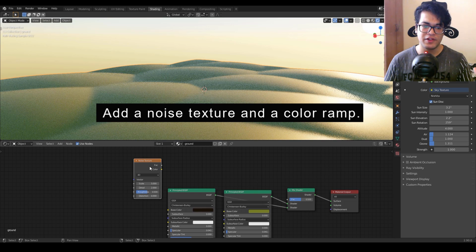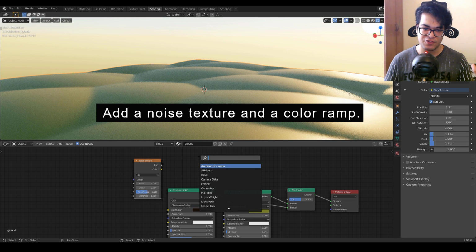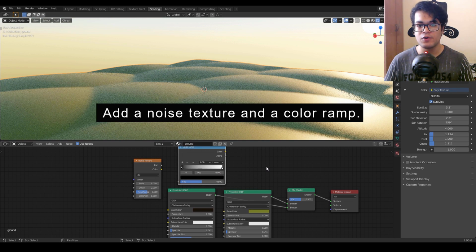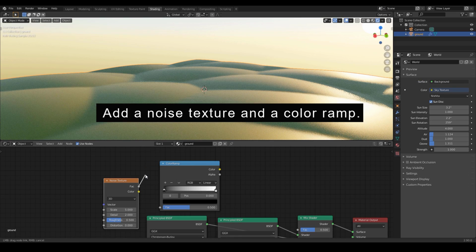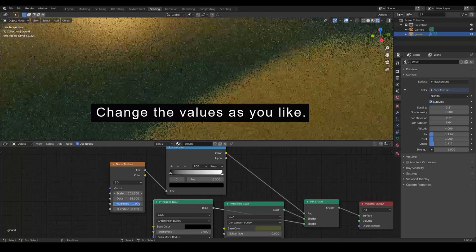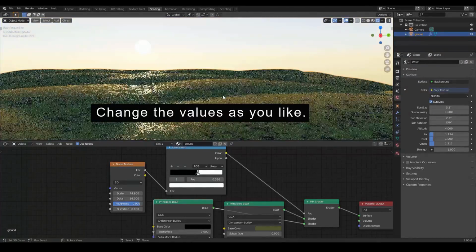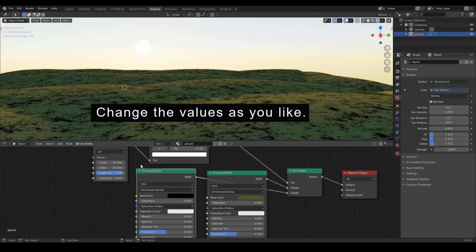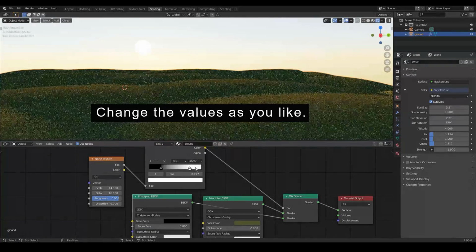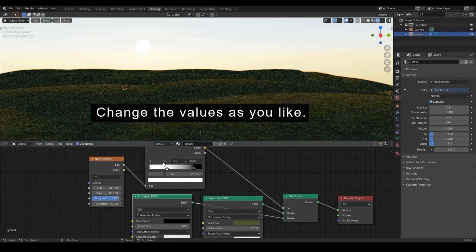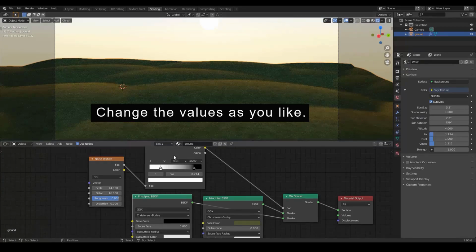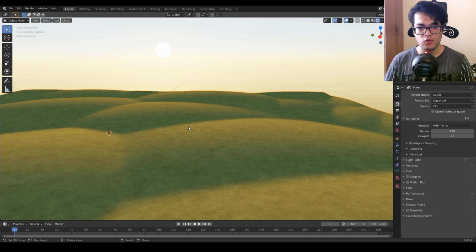And the noise texture is nothing but a procedural black and white texture, so it is basically similar to Perlin noise. So as you can see, after tweaking all these settings, we get something like this, and this looks quite good.